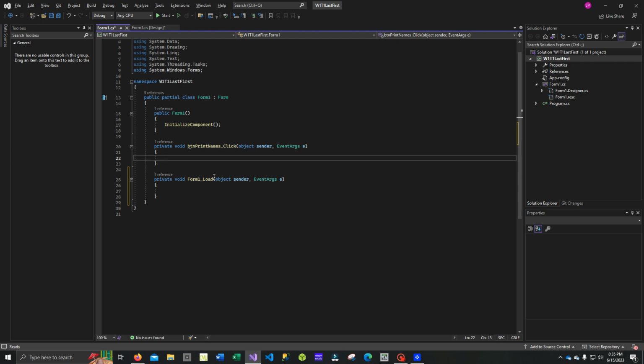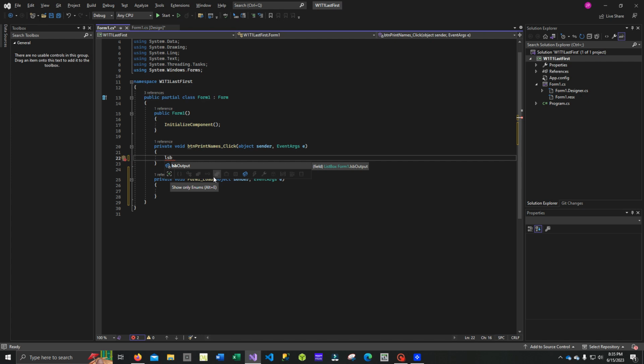Something to remember about computer programming is that when you're moving things, you generally are moving them from right to left. The reason for that is it is a theoretical mathematical process. And so if we want to do that, we typically are moving things from right to left. However, in the case of a list box,